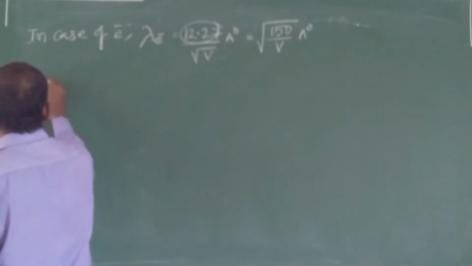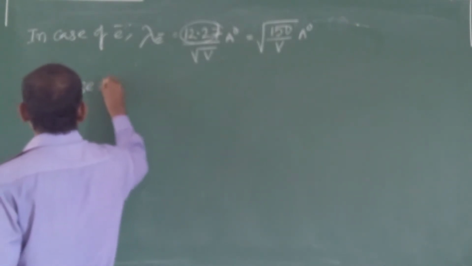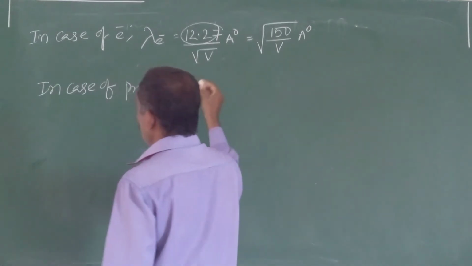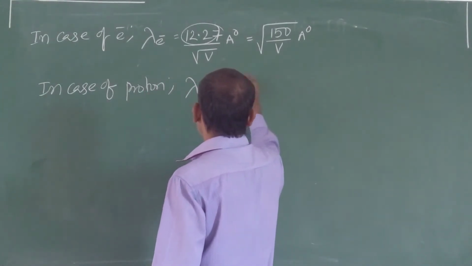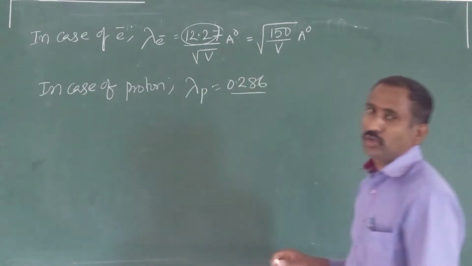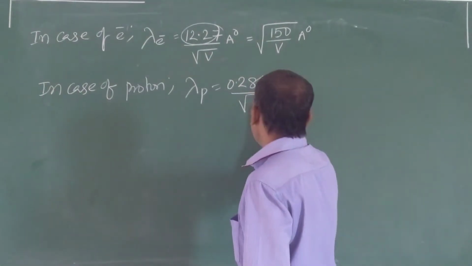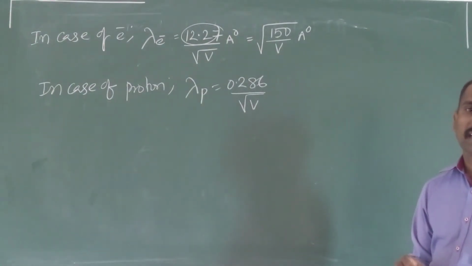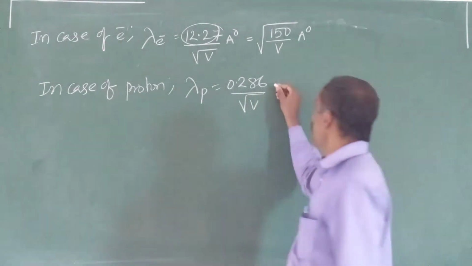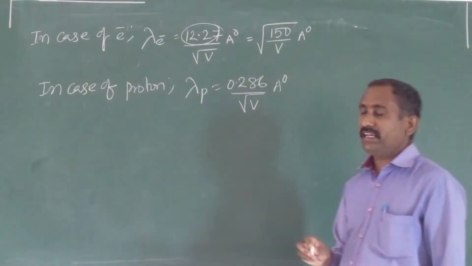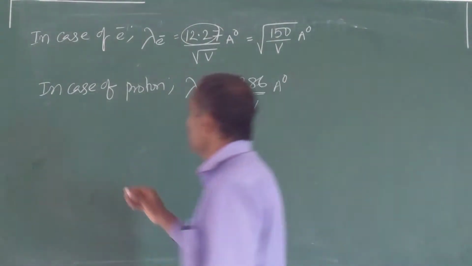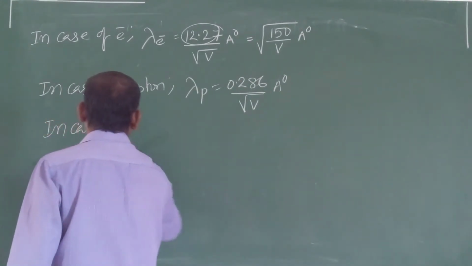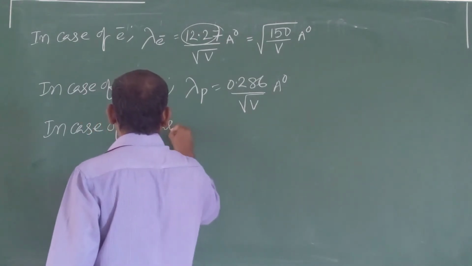Next, in the case of a proton, the direct formula: the wavelength of a proton equals 0.286 by root V. Sometimes the potential difference of a proton is given directly and they will ask for the wavelength. So it is 0.286 by square root of V angstroms. In the case of alpha particles,